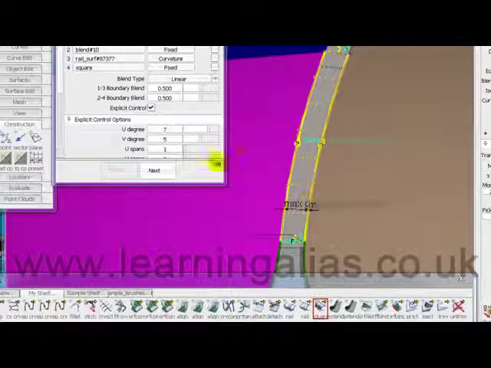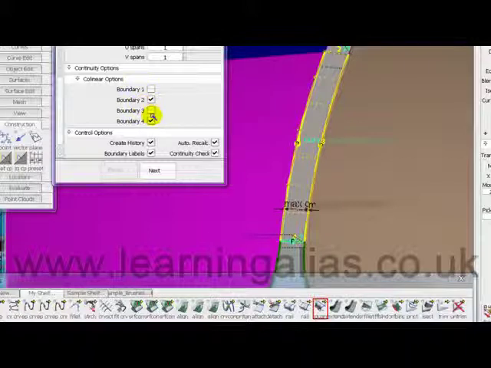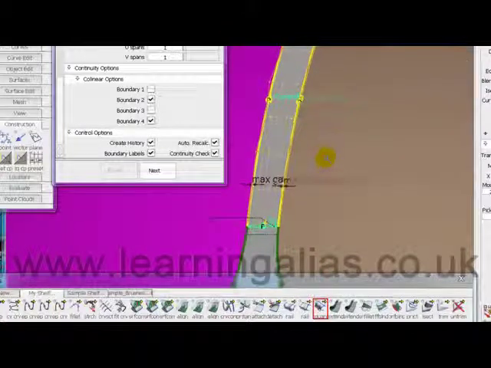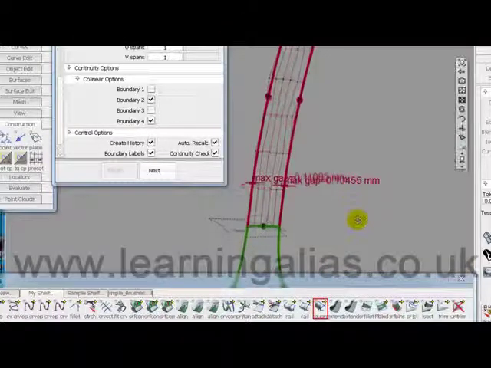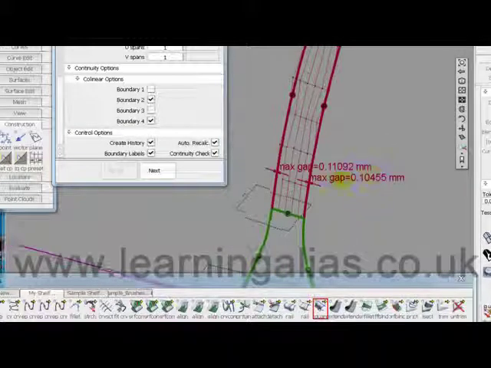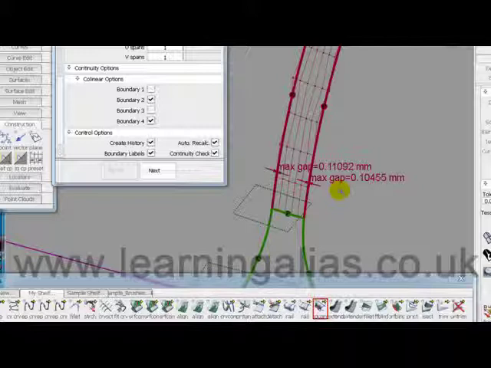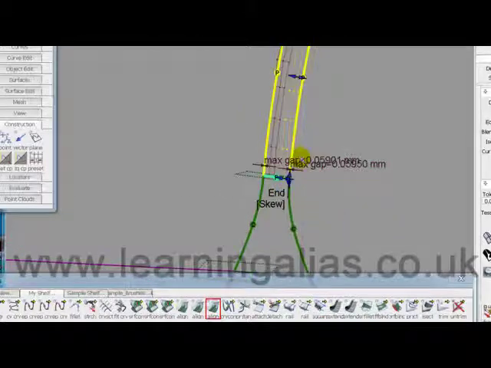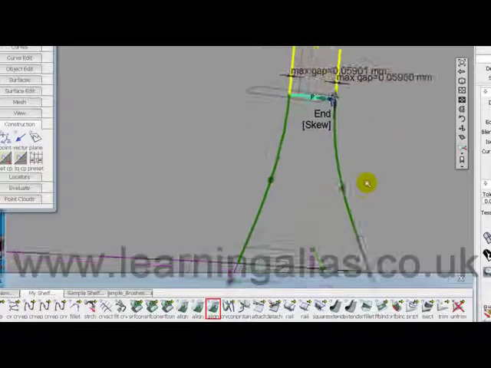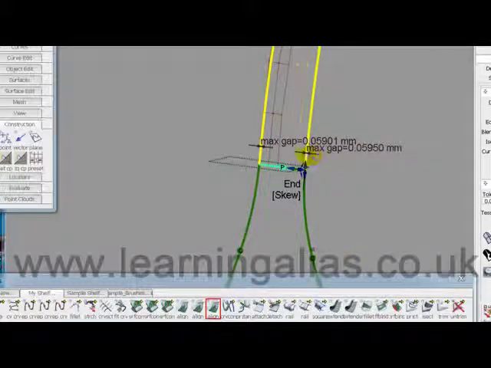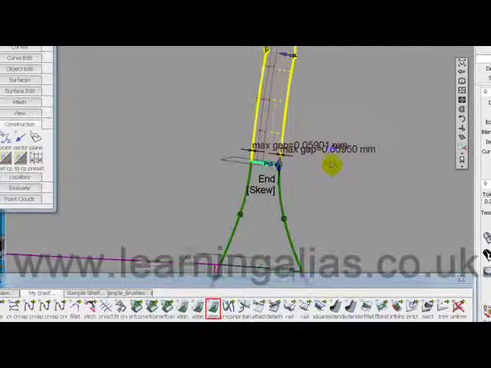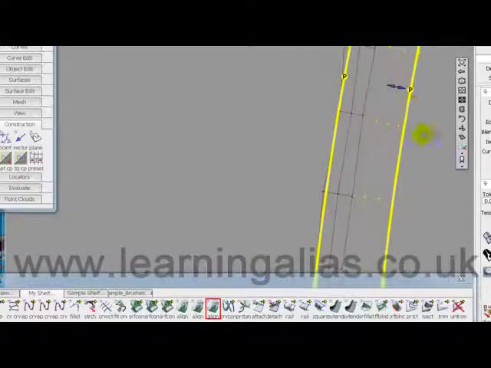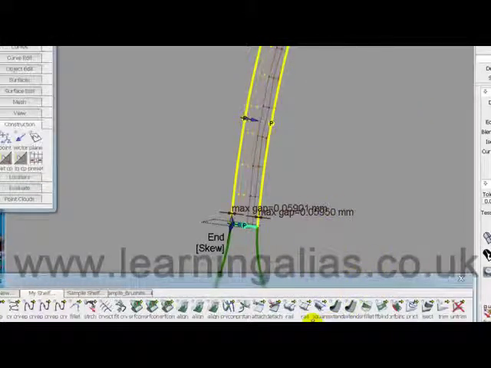I'm going to have a look at the settings here. You see I've got collinearity for here and here, and let's have a look at what our gaps are. And what I'm going to do is pick nothing, and if you can't see very clearly, you can move around like that till you can see, or you can just open the information window and see the information there. So I've got a gap, and it's quite a big gap, isn't it? Okay, let's see where the problem is, and you can see it's on this side and it's in the same place on the other side. So what that tells me is that the problem is in this area here, and probably the rest of this surface is fine. Okay, so the next thing I'm going to do then is take the detach tool